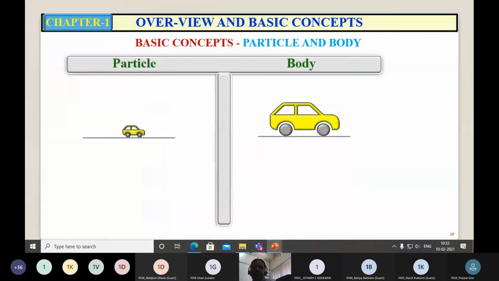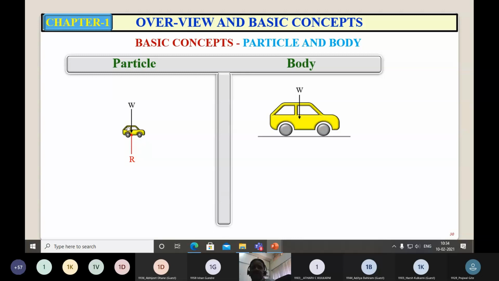Now see one more example. Here there are two cars. In the first case, I am neglecting the size of the car, so I am treating that car as a particle. Then say W is the weight of the car. Then this road will offer a reaction, right? Because of this, the weight of the car tends to move vertically down. Am I right? In order to balance that, the road will offer a reaction having the same magnitude in the opposite direction